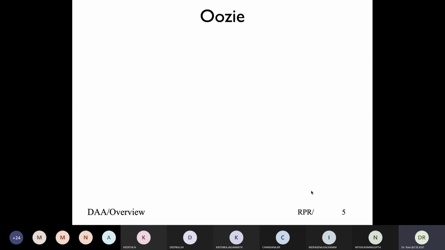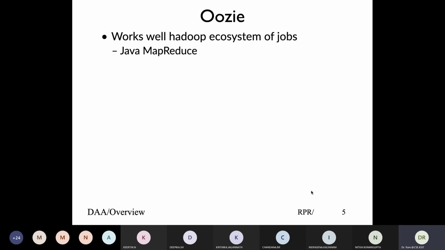Now, how does Oozie work with our Hadoop ecosystem? What components of Hadoop have we looked at? First, we looked at MapReduce programming, which was Java. Then we extended MapReduce to enable other programming languages to use the Hadoop ecosystem.